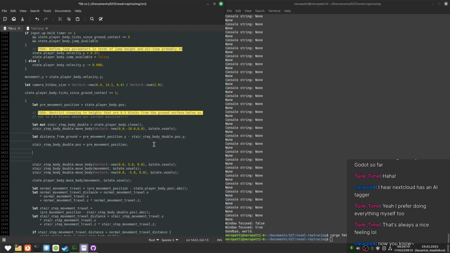I think. And move up by 5 minus distance from ground. Okay. You do that. I guess I'll just do this here. This shouldn't use the step up height directly. It should use the amount that we went up while trying to step up.